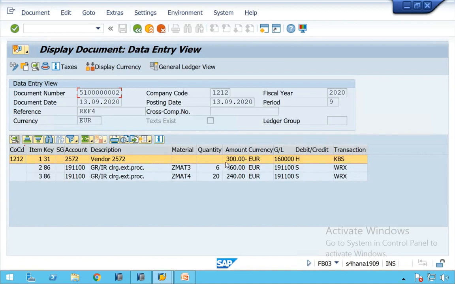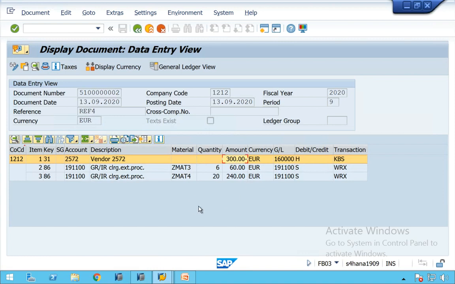What is the vendor liability? 300. Material 3 how much? 6 pieces, 6 into 10, 60. And material 4 how much? 20 into 12, 240. 240 plus 60, 300, is offset to whom? Supplier. How much are we liable to the supplier? 300 euros, correct?